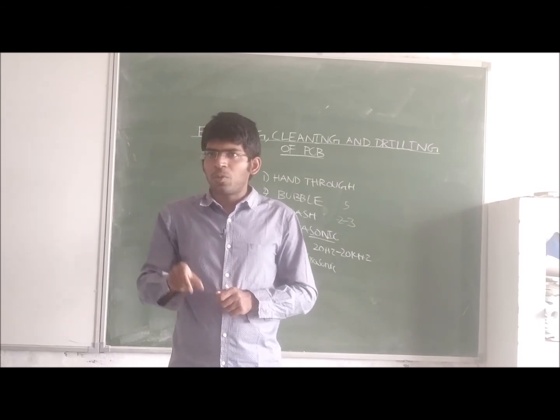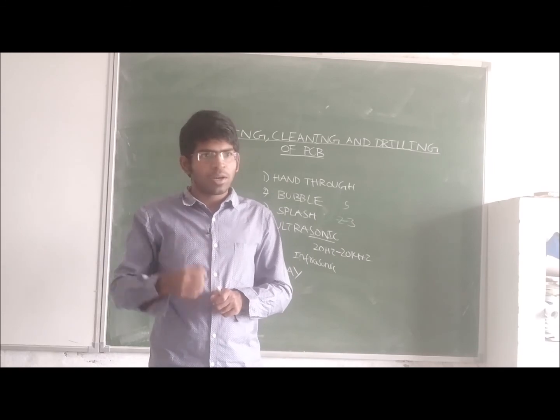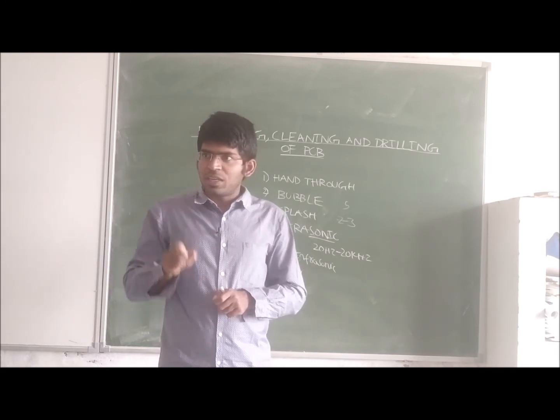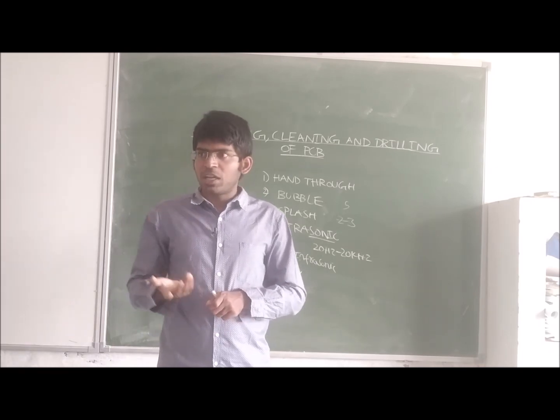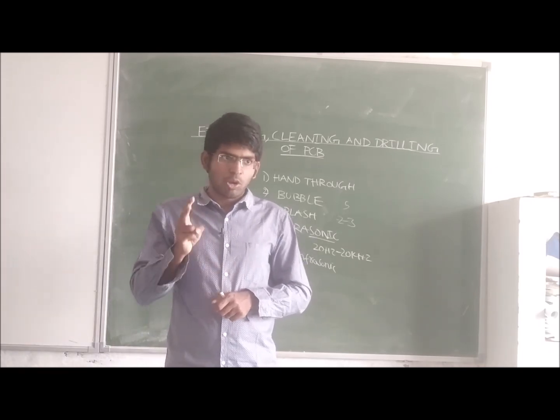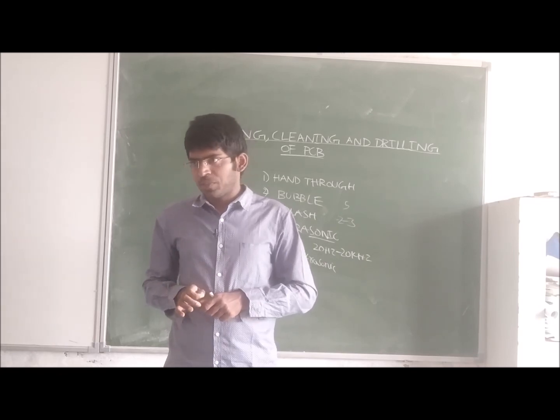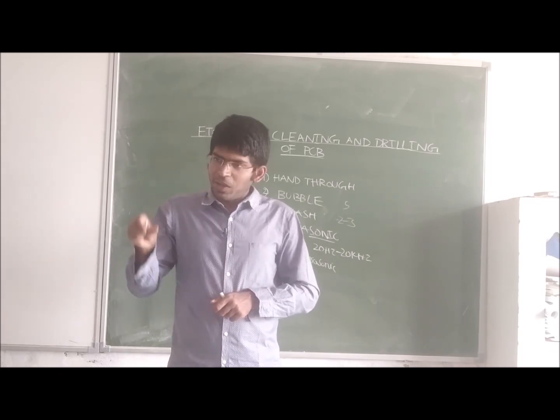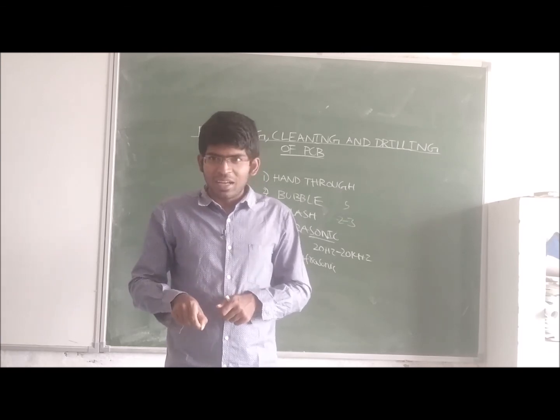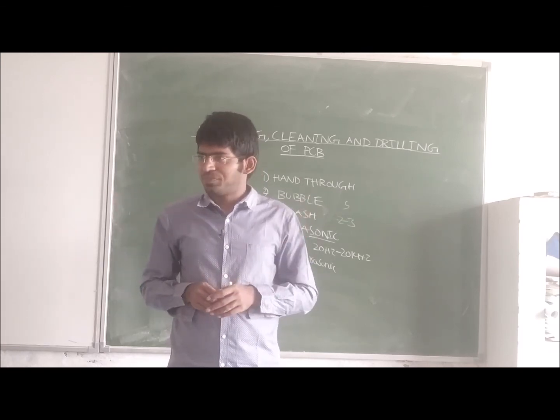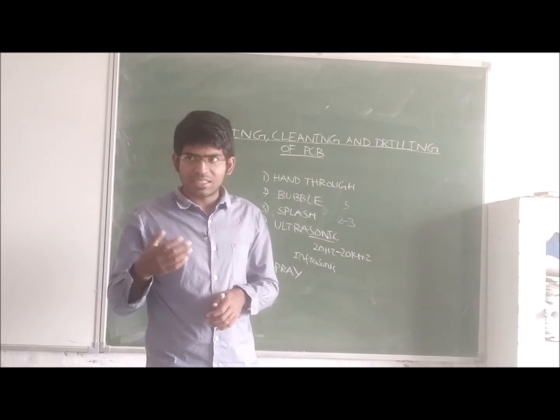For drilling the component holes, we can either drill manually if we are working in the laboratory, or if we are working in the industry, we use CNC machines. These machines automatically perform the drilling. So there are two types of drilling: manual drilling or CNC machine drilling. After the drilling, we place the components and we solder, then the PCB is ready. Okay, these are the different steps we use in the screen printing.